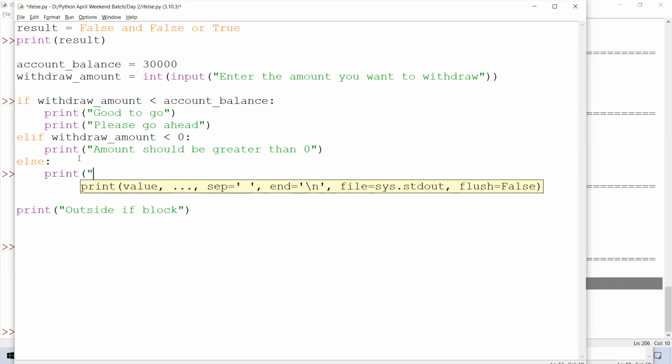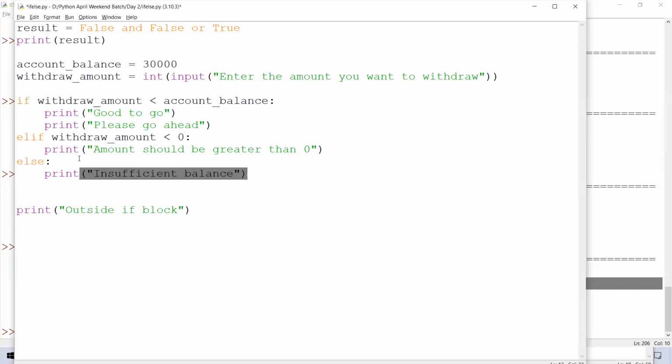So you guys will tell me what logical mistake we are making here. Okay. So is this clear to everyone? Else if, how are we giving this else if condition, guys? Using the elif keyword. Okay. And if you have multiple conditions, we can have multiple elif conditions there. So we are checking two things. First is withdraw amount less than account balance. We are also checking it should not be less than 0, and then we are doing the final part,